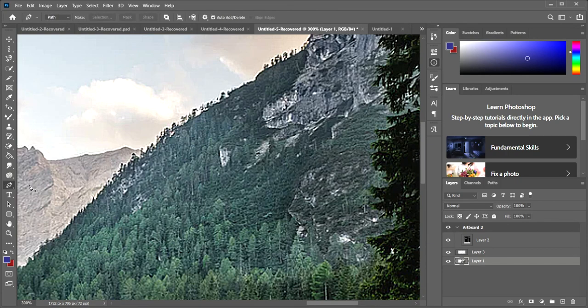Then the pen tool is used to make a proper shape. Wherever you want to click and drag, if you want to make any shape or anything, the pen tool is used to make shapes, new designs, or you can use it for objects like I'm using here.